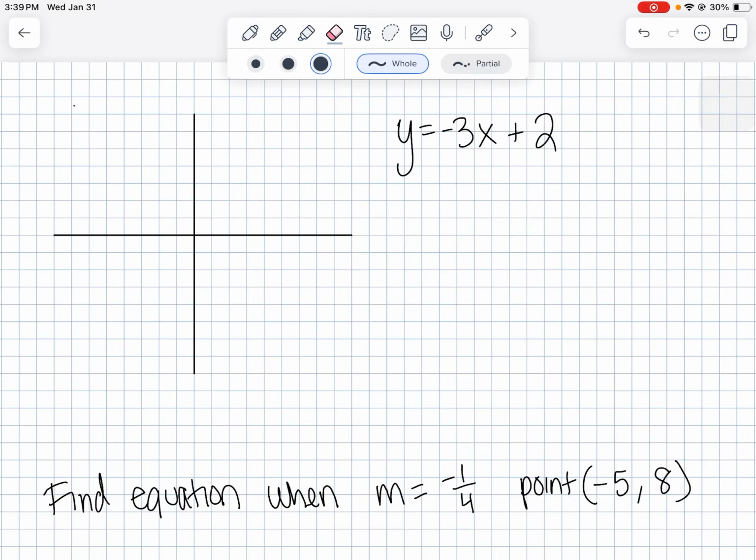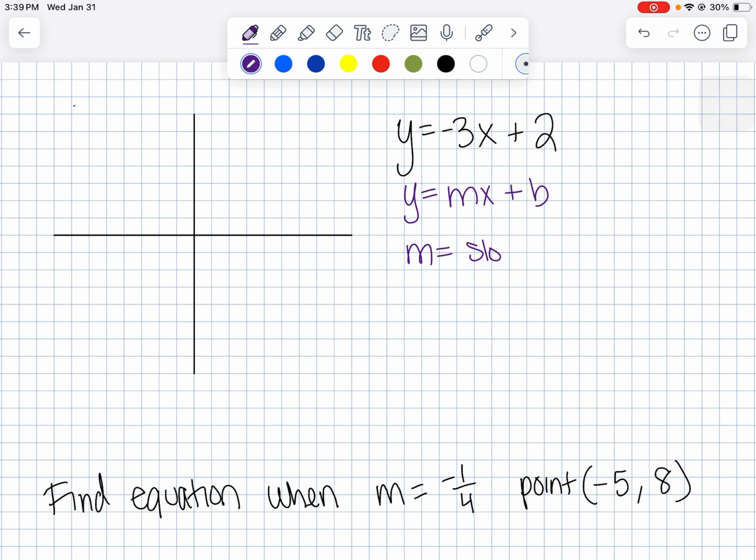Hey class, Miss Anderson. I just wanted to make a quick video to help you out with page 1 of your quarter packet because I've had a lot of questions and it's been a long time since you've graphed lines in slope-intercept form. So just a reminder, slope-intercept form is y = mx + b, and it's called slope-intercept form because